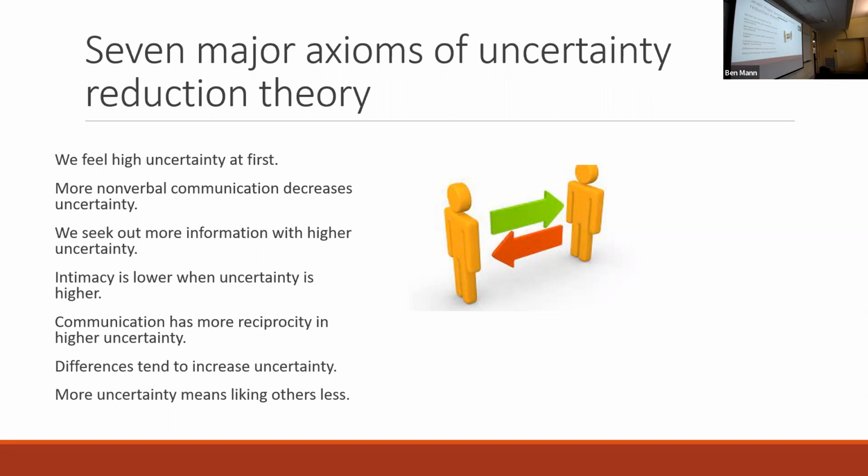Oftentimes there's a lot of training that things such as national and international leaders do to make sure that their use of verbal and nonverbal communication is appropriate. Depending on the culture, perhaps it's inappropriate to touch somebody or tap somebody on the shoulder, right? That is something a lot of United States world leaders have had to learn whenever they have worked with the German chancellor, right? So those are examples here of how we are careful about managing differences. And more uncertainty means that we like other people less. The opposite is also true, right?